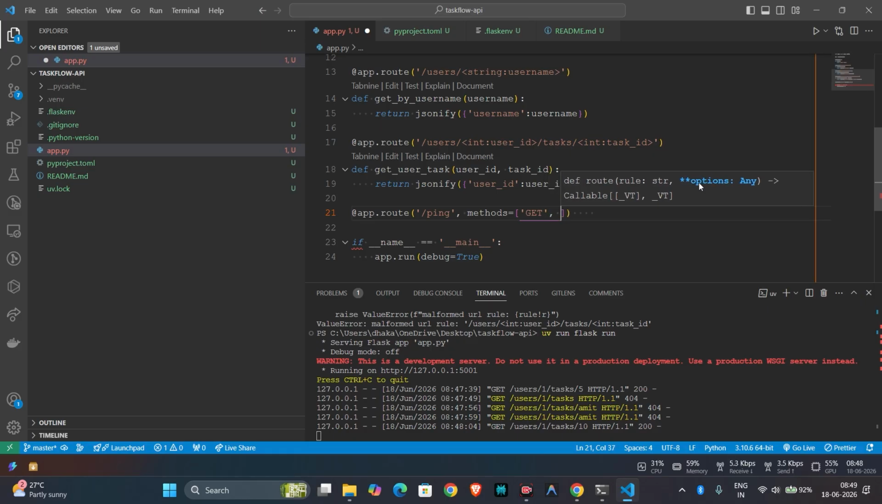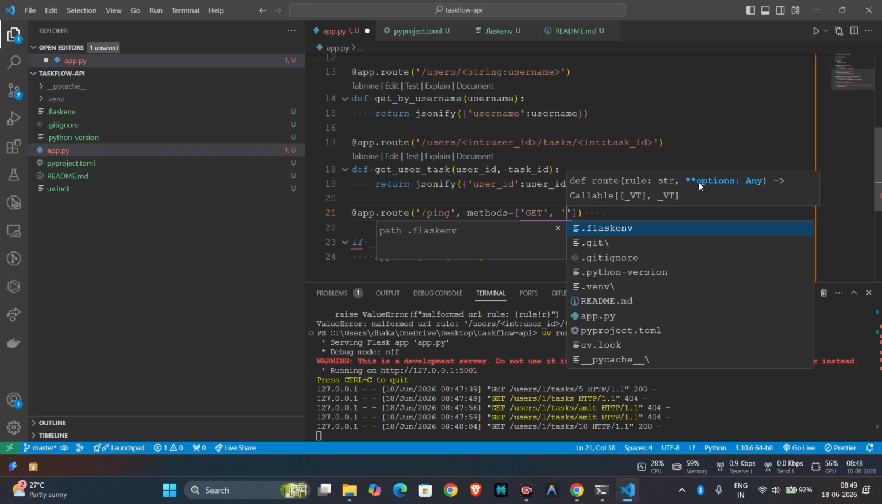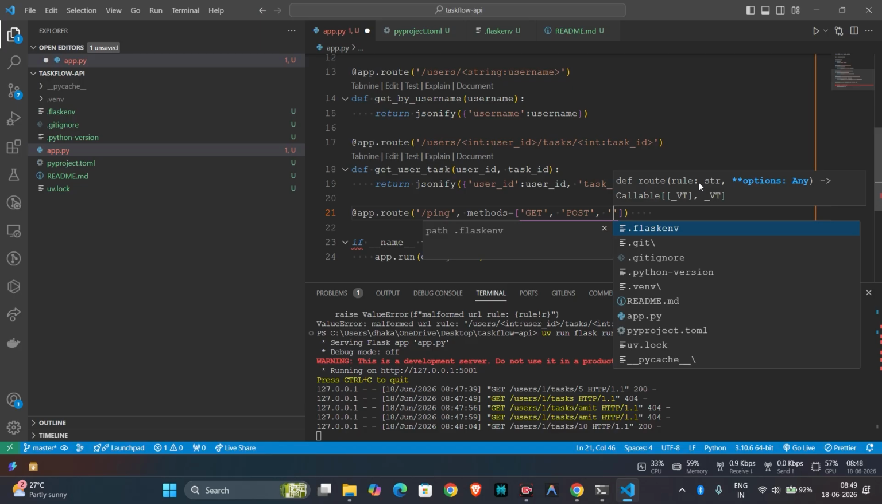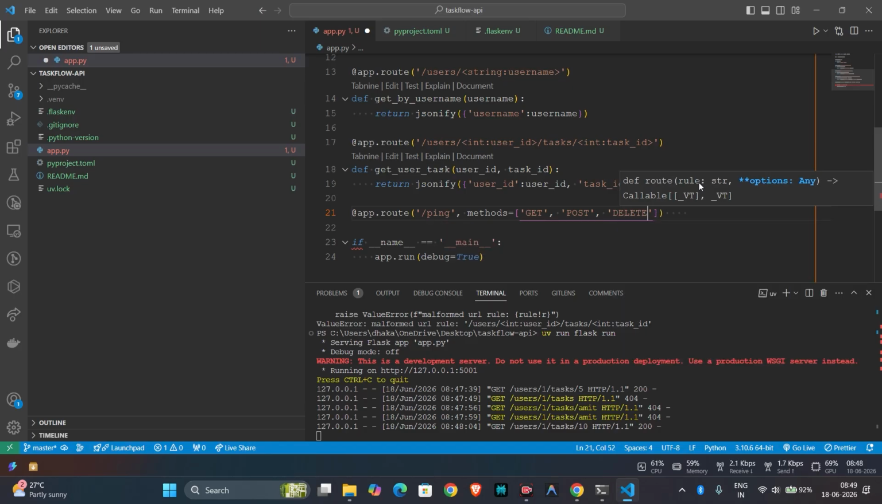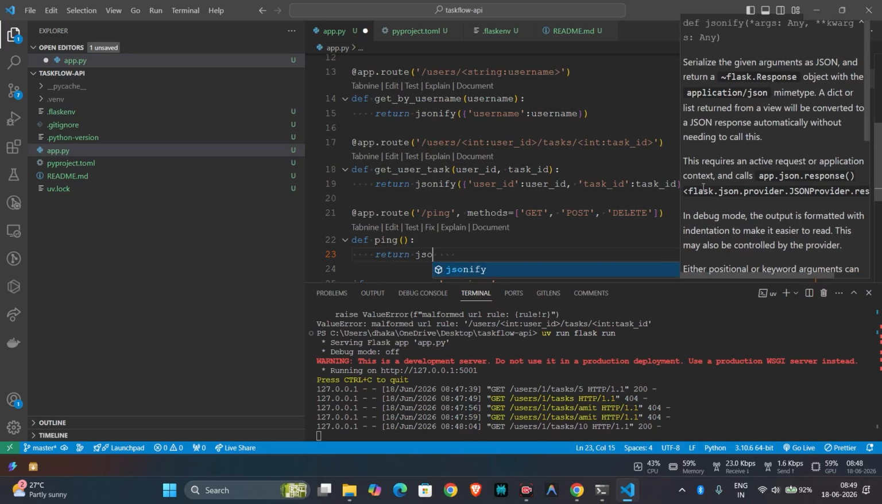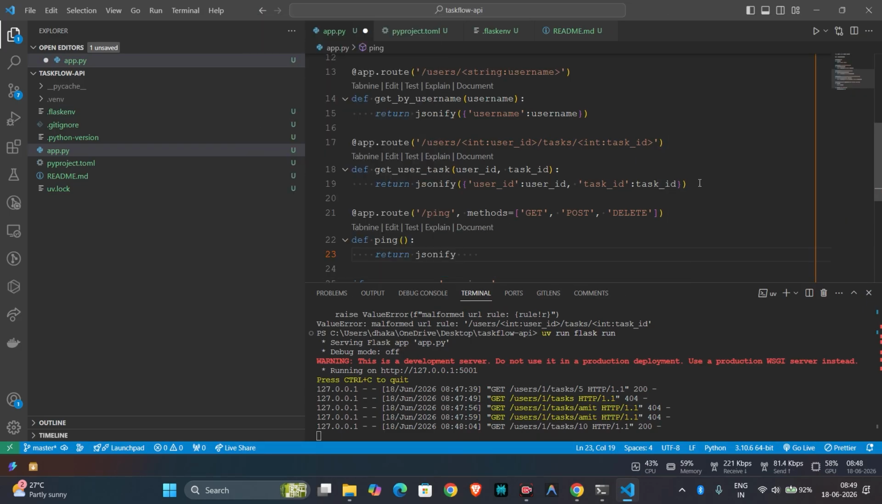and inside that we need to define the method types like get and post and delete. Okay. Now we'll create here def ping, it will return a json file